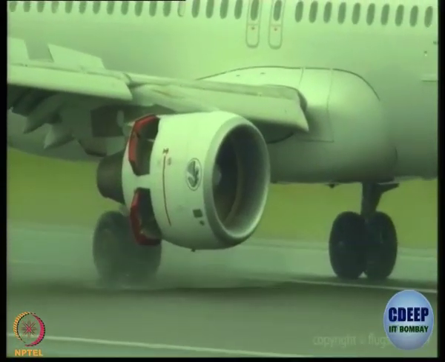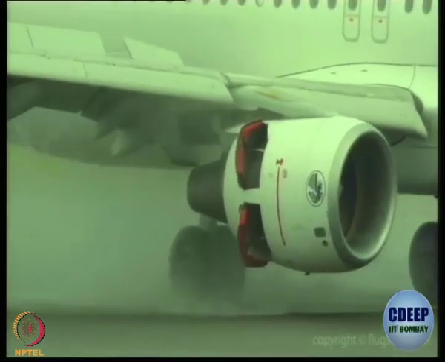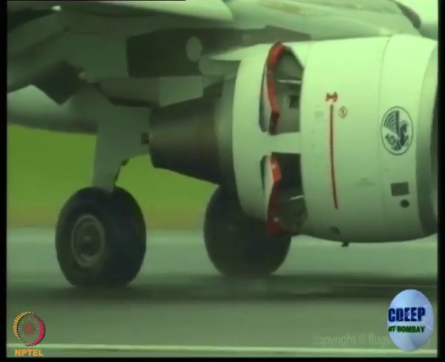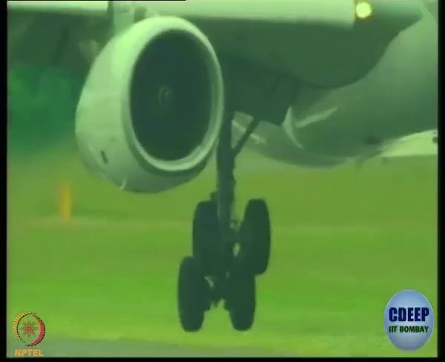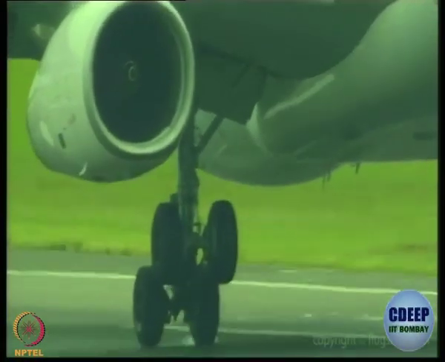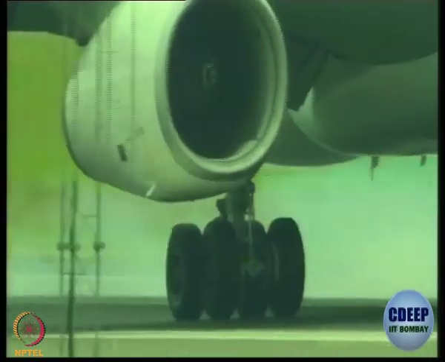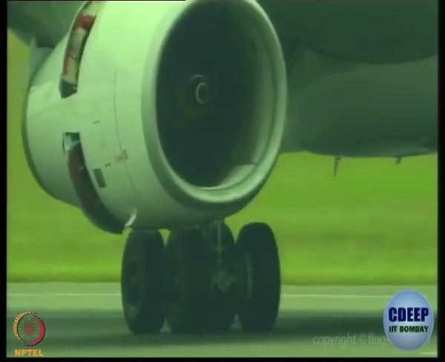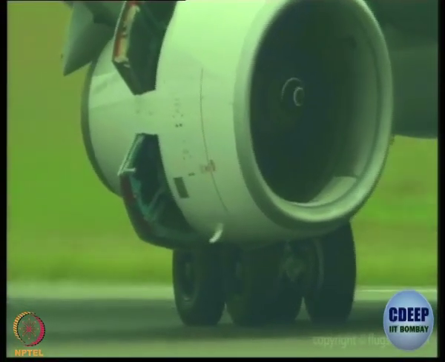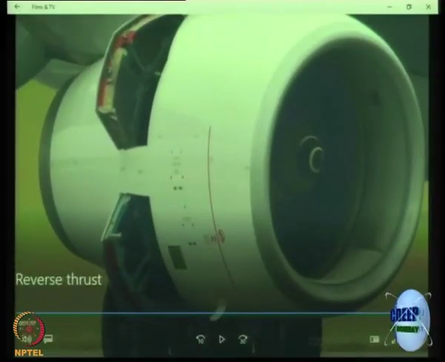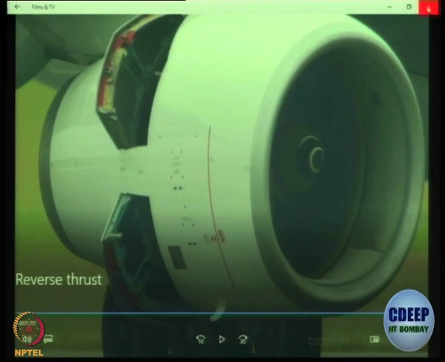These are flaps which open and the rear is closed. So the air is now being thrown back or thrown forward. Notice they come on only after all the wheels are touching the ground. Okay, so this is reverse thrust.